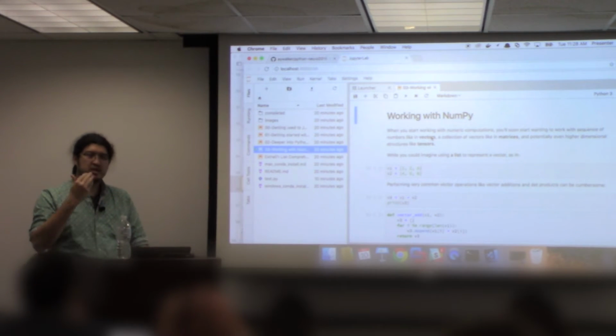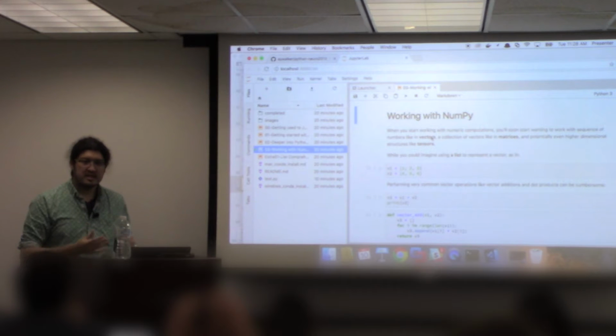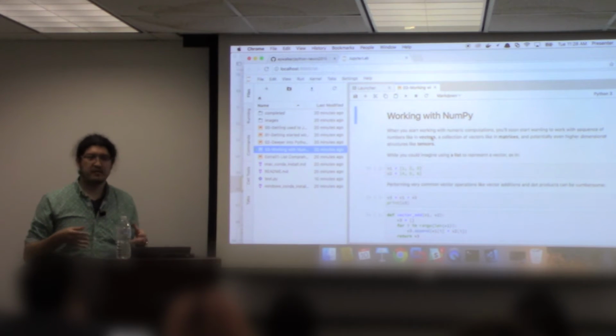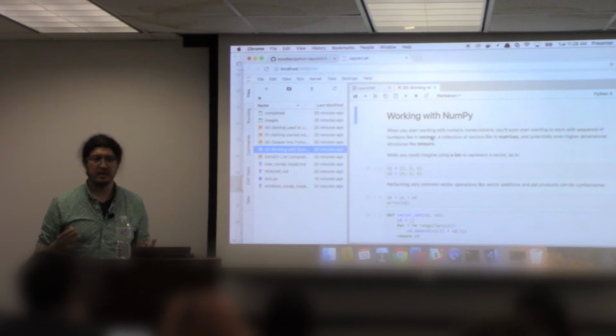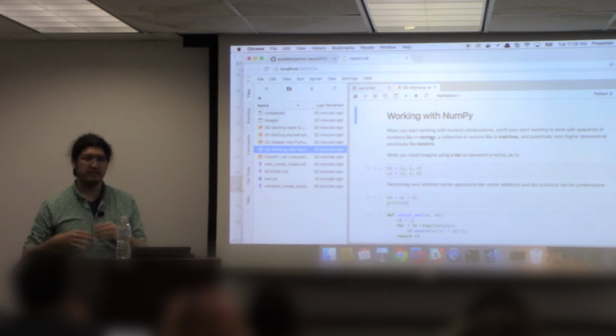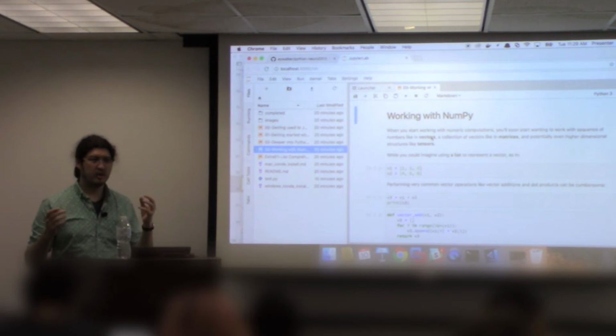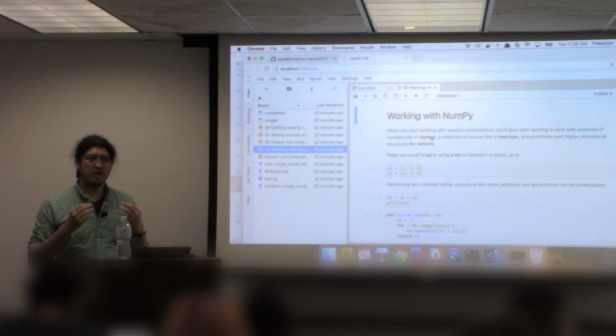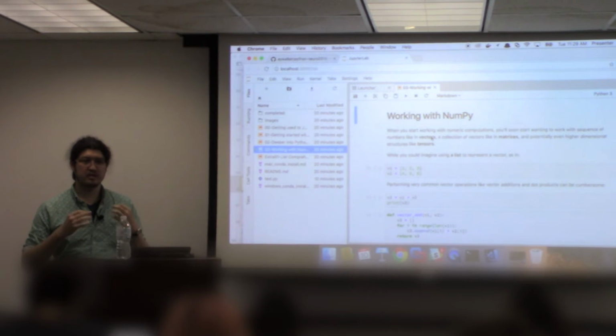So, when you start working on numerical computation, this is where you actually start to be more specific in your usage of Python. Python itself is a very generic programming language. You can really start to use it for whatever purposes you like. You can build a website, you can build a phone application, or you can just build something that plays and talks to you if that's what you want to do. But for our purposes, we are interested in using Python for scientific computations, for helping us do